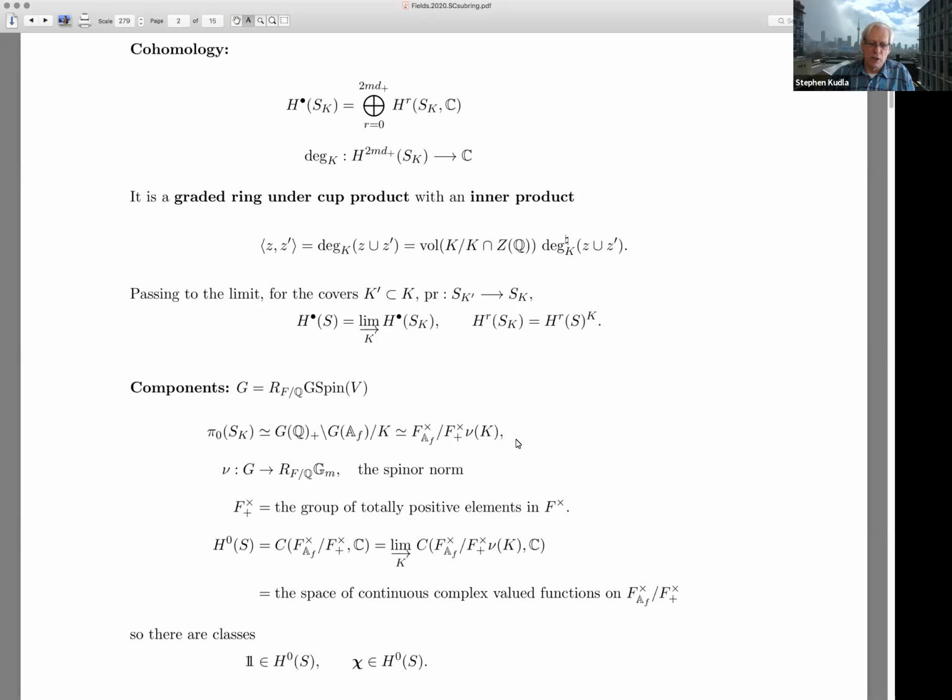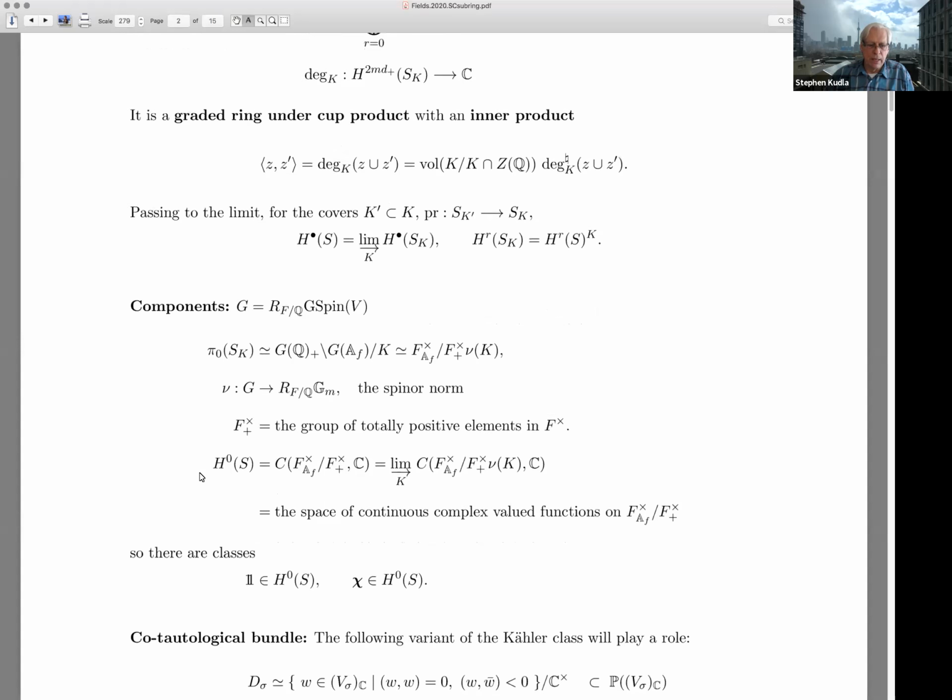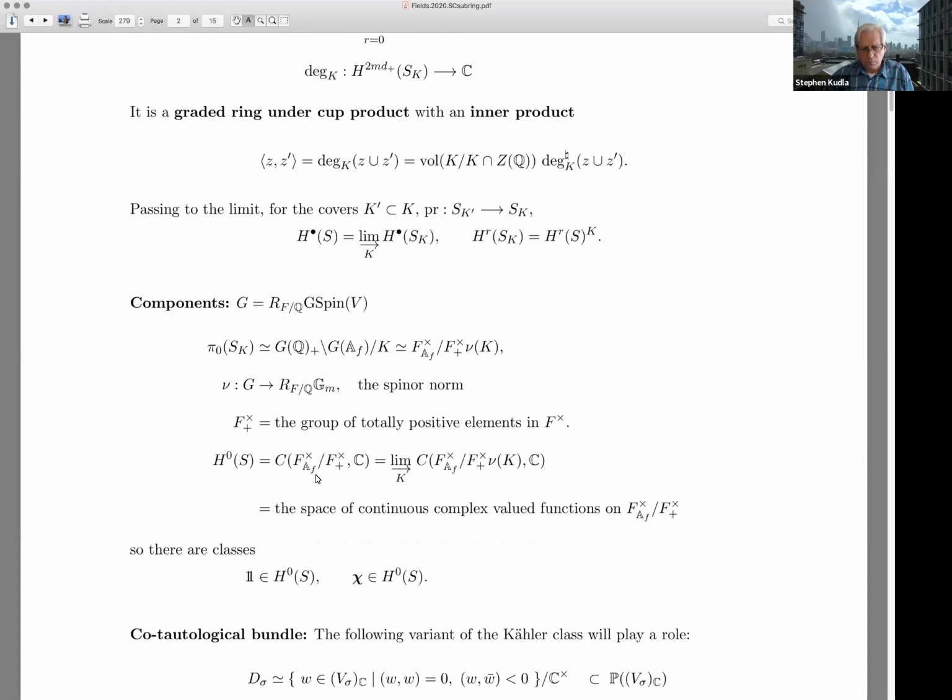Okay, so this is pi 0 at level K, where you take the spinor norm image of K, and that gives you a compact open subgroup here. So this is the pi 0 of K. Of course, when I pass to the limit, this group here simply gets smaller and smaller. And this is the totally positive elements, this thing I'm modding out by here. In any case, that means that H0, which is the dual of pi 0, and I'm passing to the limit,